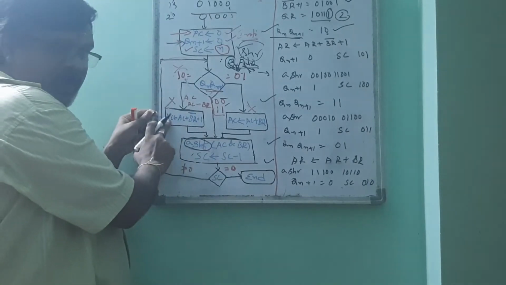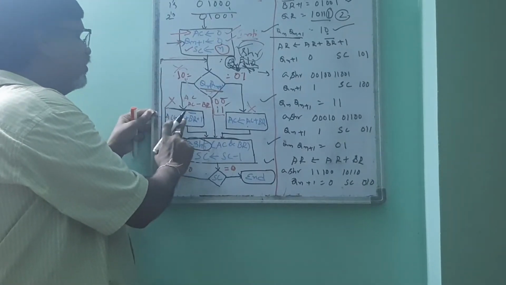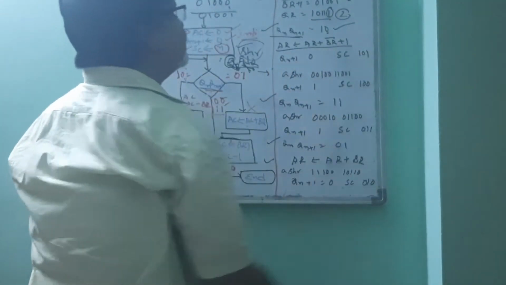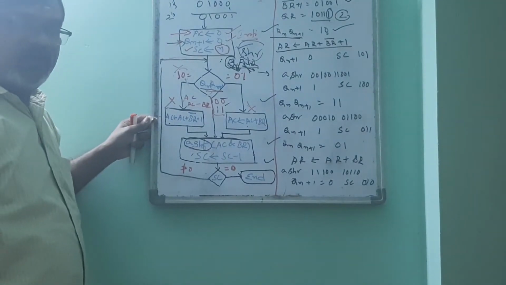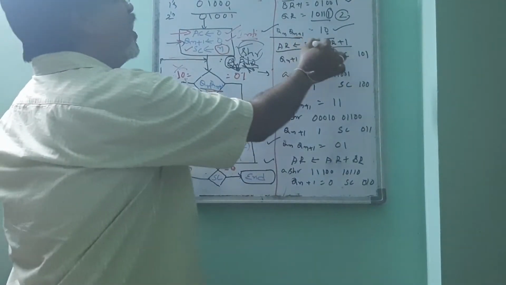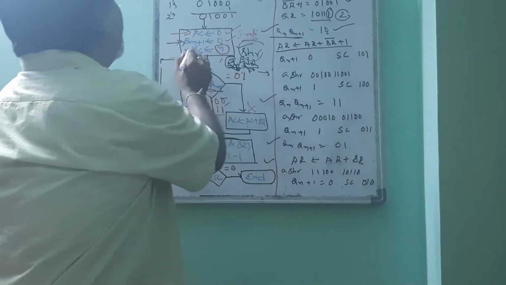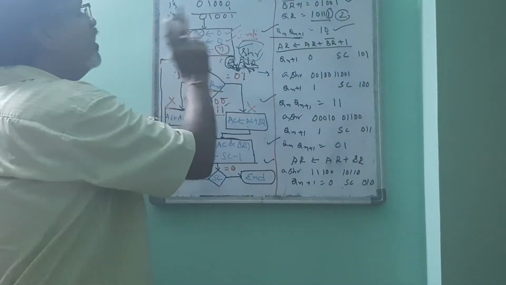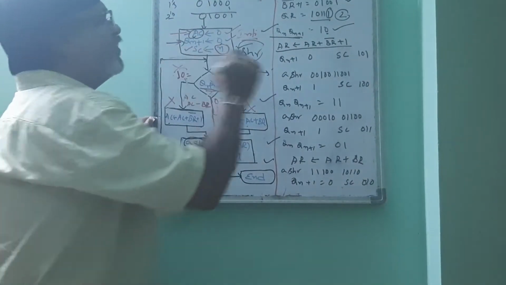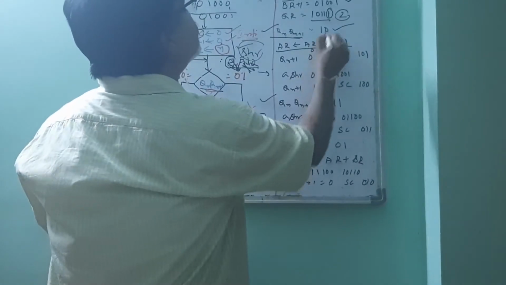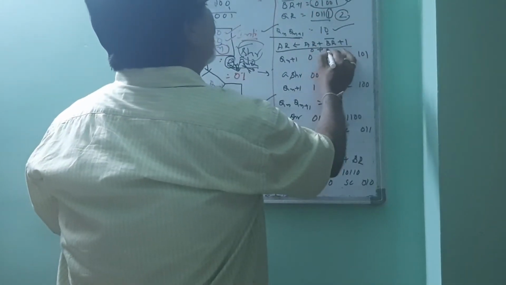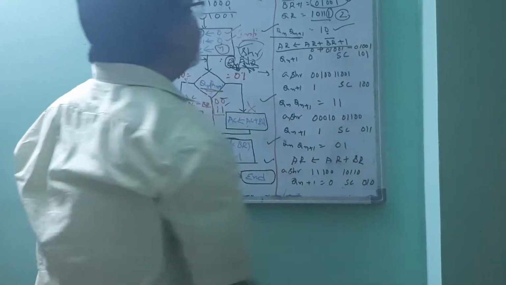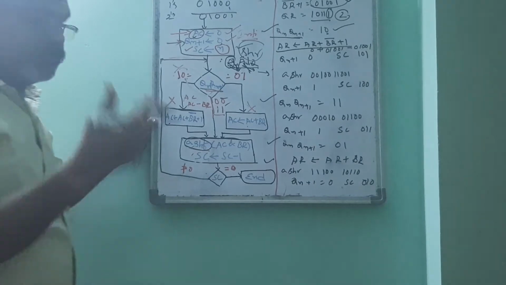What are we doing here? The accumulator is added with the 2's complement of the input value. So here, AR is equal to AR plus 2's complement of BR, that is nothing but BR bar plus 1. Initially this AC value, or you can say AR or AC, whatever it is, doesn't matter, is initialized to 0. First time this will be 0 plus this value. So we get 0, 1, 0, 0, 1 as the result in AR. Fine. Now come back to here.